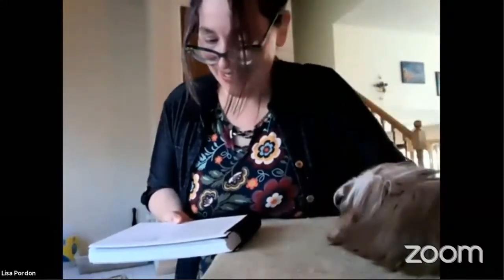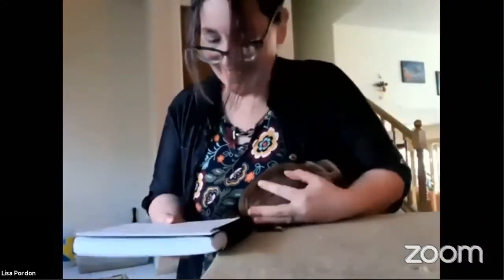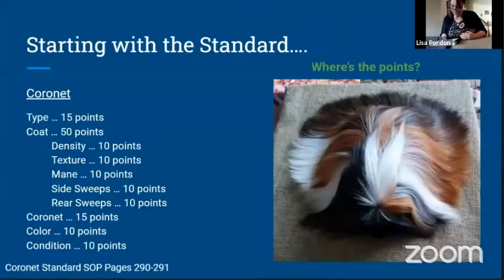Even in its length without overly long sections disturbing its rounded shape. The mature coronet blends into the mane and will at all times maintain a full appearance, never flat, thin, or parted. The coronet is centered on a line running from the tip of the nose to the center of the